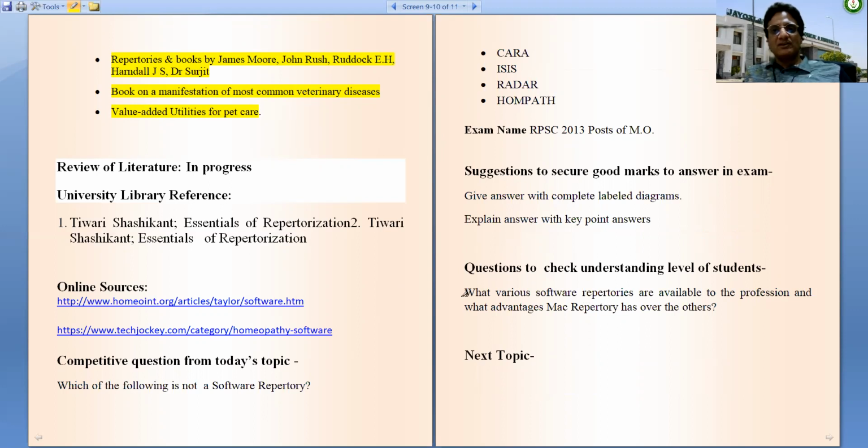And the question is, what various software repertories are available to the profession, and what advantages are there of HomePath Zomeo over other repertories? You have to tell.